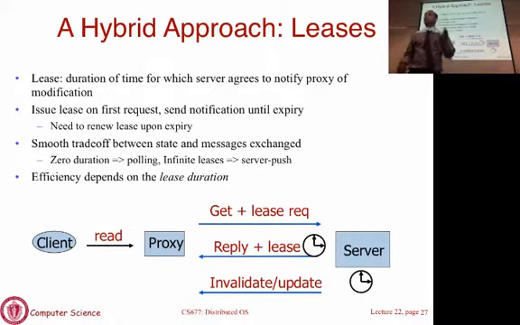So while the lease is active, if the page is changing, then you have to send invalidates or updates. Once the lease expires, then it's the proxy's job to decide whether to renew the lease or not. If the page is popular, it will renew the lease. If the page is not popular, it will say, I don't want any notifications, nobody is accessing it. So in that way, it is a combination of server push and client pull.